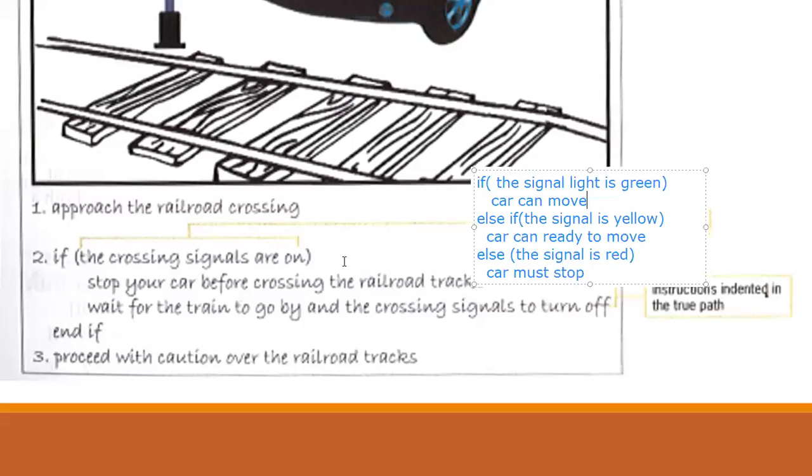So we have three types of control structure. First one is sequence structure. Second one is selection structure. Sequence structure means from the start to end, you have to follow step-by-step. In selection structure, you may not want to follow all the instructions, but based on the condition, you can follow them. If the condition succeeds, you follow something. If the condition fails, you won't follow other things, right? So this is the selection structure explanation.